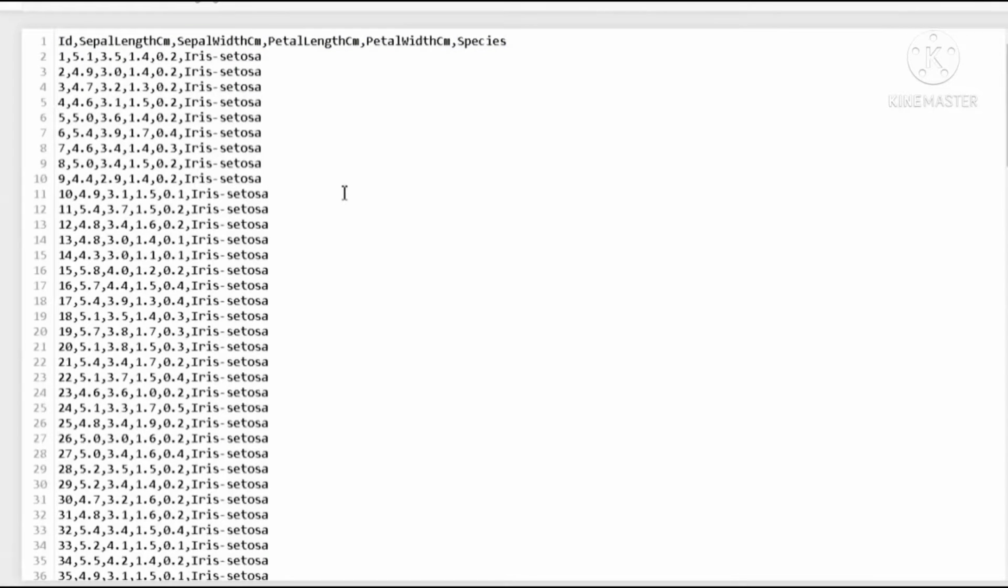This is our dataset. It contains three classes of 50 instances each, where each class refers to a type of iris plant. One class is linearly separable from the other two. The latter are not linearly separable from each other. Here is our attribute information. You can see sepal length centimeter, sepal width centimeter, petal length centimeter, petal width centimeter, and the species constitute our